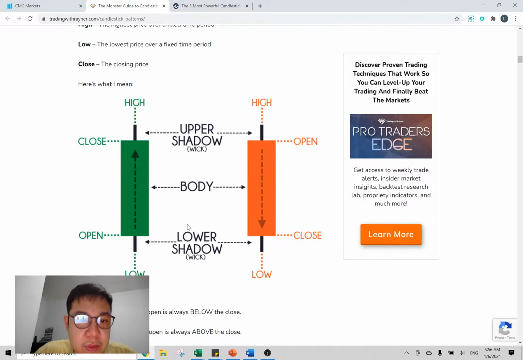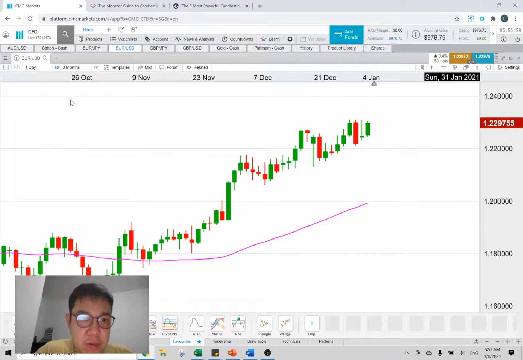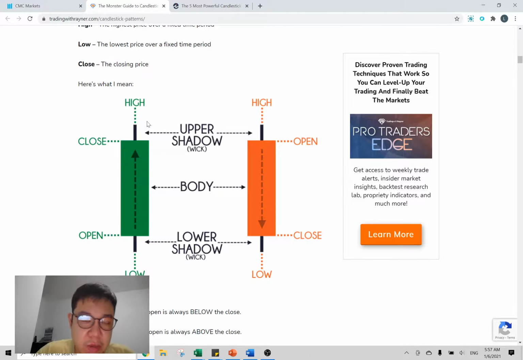Okay, so how to see is the price for that day, or for that 30-minute or that 1 hour, whichever time frame you're looking at. But since we're looking at one day, we just look at one day. The day started at the bottom left of the green bar, and it closed higher on the top right. So it opened here, closed here.